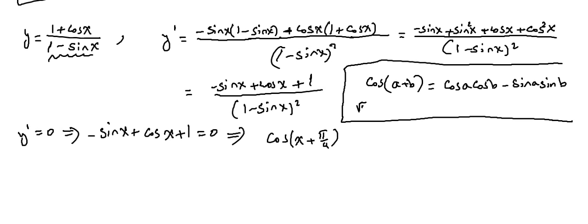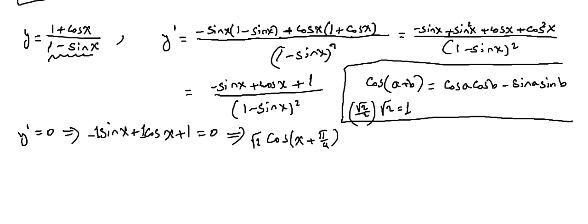Cosine pi over 4 is radical 2 over 2. That's great. If we multiply this number by radical 2, we get 1. And what do we have here? We have 1. And what do we have here? We have 1. That's why I should multiply with radical 2 outside,